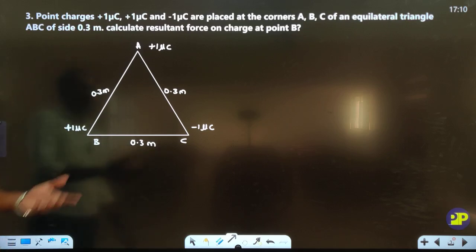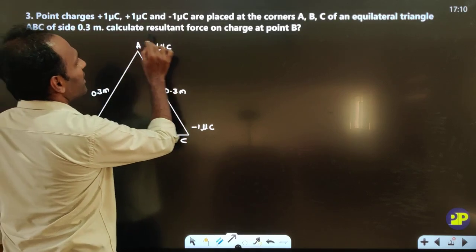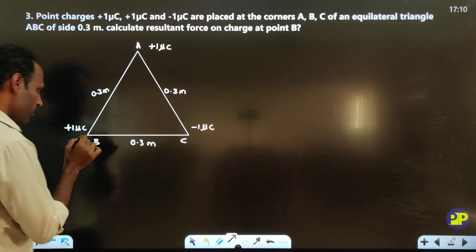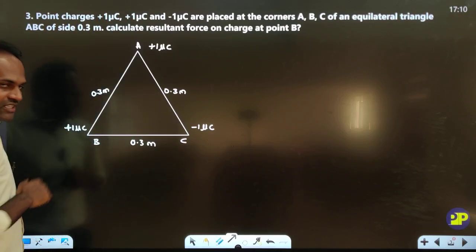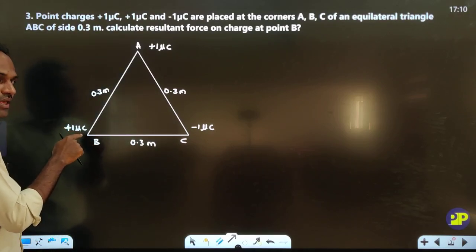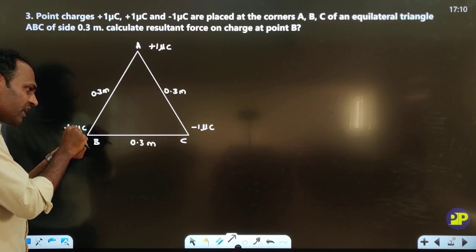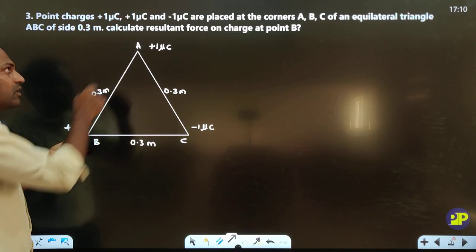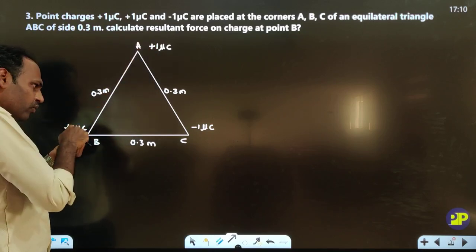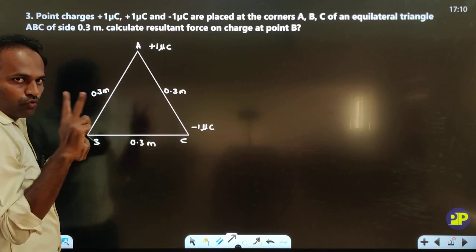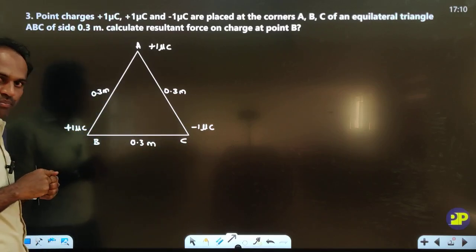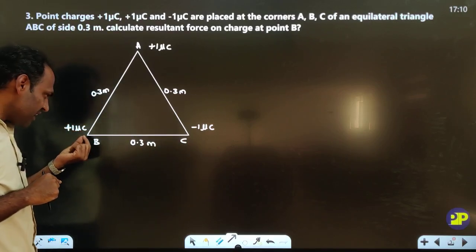What they have called, sorry, not electric field, they are asking us to calculate the resultant force on the charge at point B. Okay, so the resultant force on the charge which is placed at B. How many forces can act on the charge at point B? One is due to the charge at A, one is due to the charge at C. So two forces will be acting on this charge which is at B, because on any charge how many forces